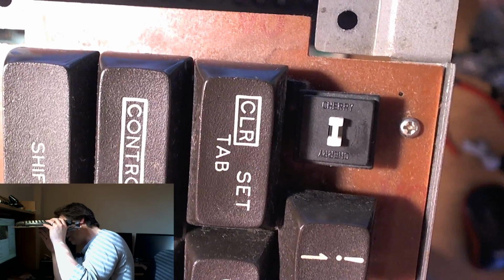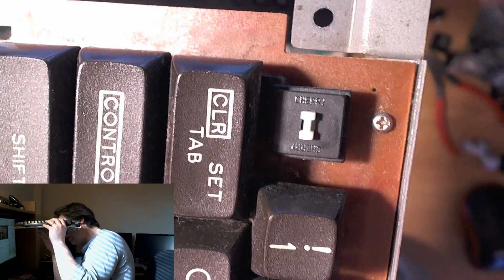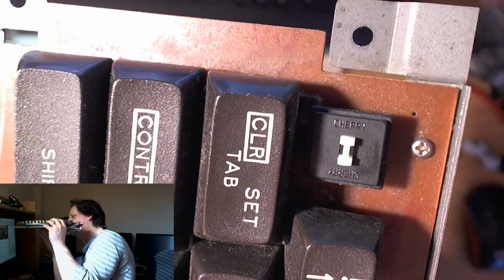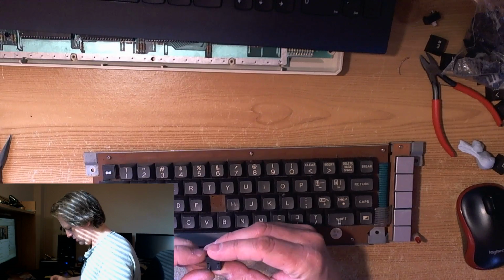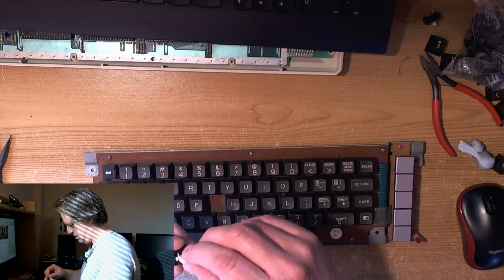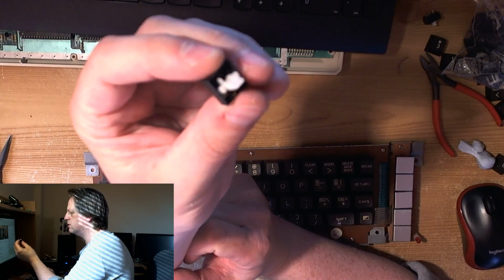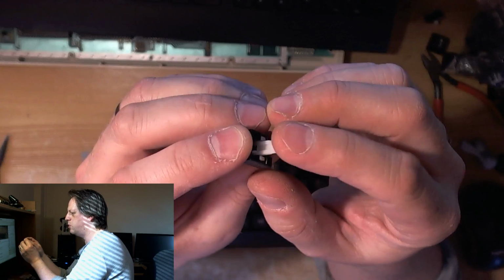I've seen one. I think it belonged to the same guy as well. Cherry switches. These are gorgeous. And I was going to put... Is this even going to fit? See this switch? I haven't got any cherry switches. I'm going to have to put one of these on. Which is one of these horrible open...